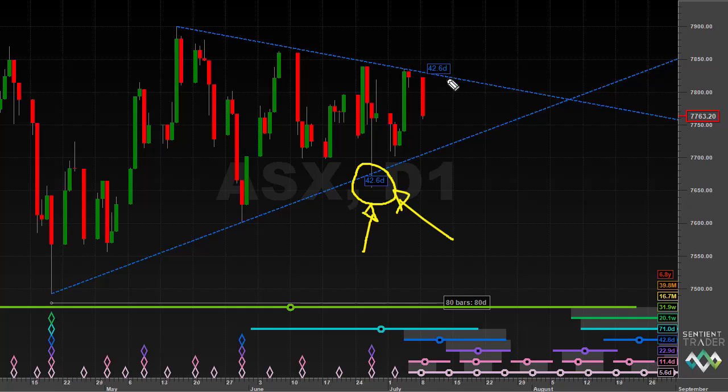How will we know? We have to see a break upwards of the 40-day VTL to confirm that the 80-day cycle trough has formed. If that happens, and it will need to happen soon, then we will confirm that the 80-day cycle trough has formed in the market. If price fails to get above the 40-day VTL, then of course we will expect the 80-day cycle trough to still lie ahead of us. It would be expected later this week or perhaps next week, and only then will we see price rising out of this 80-day cycle trough.